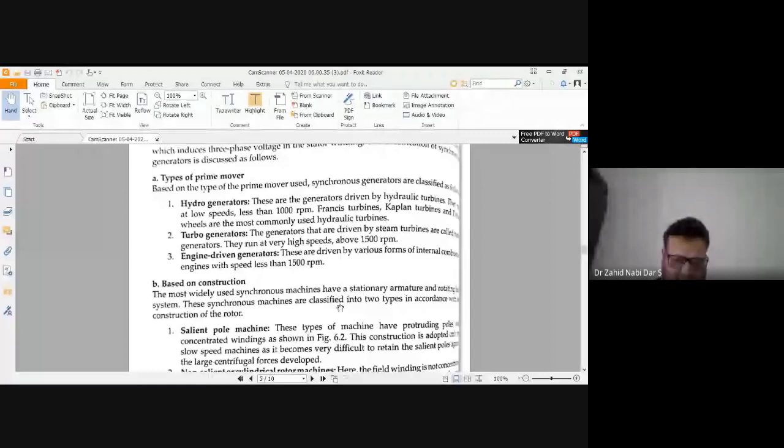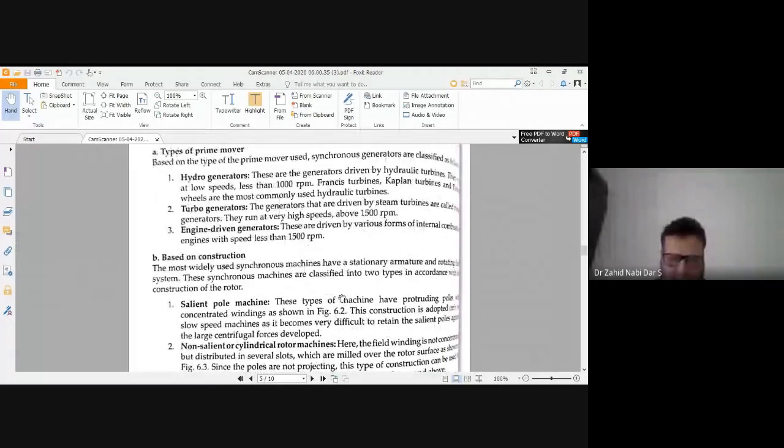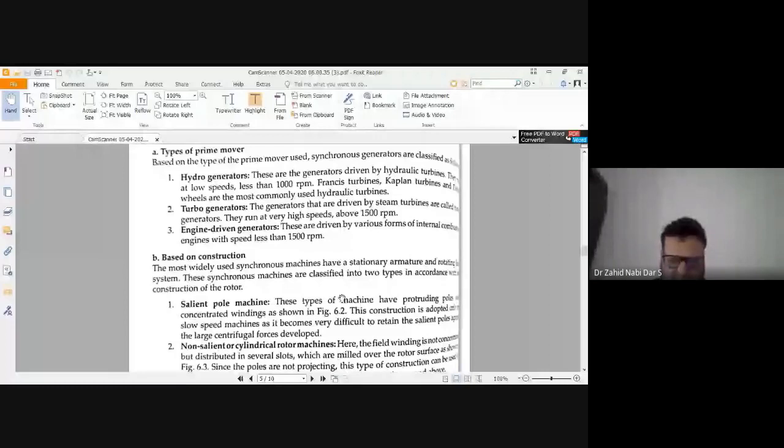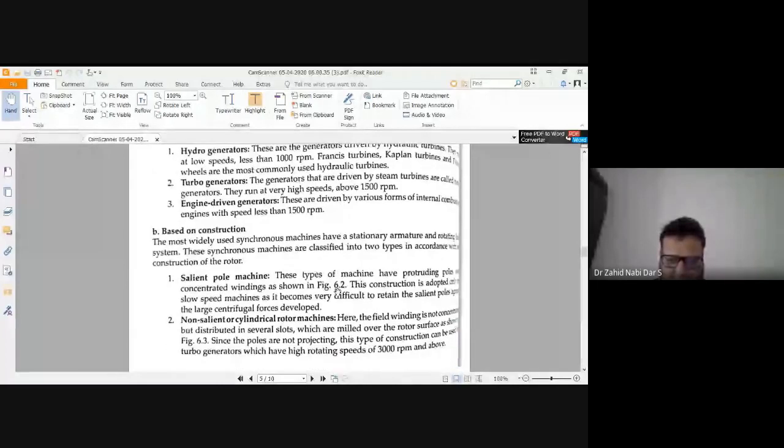So another thing is based upon the type of construction. The most widely used synchronous machines have a stationary armature and a rotating field system. Depending upon the rotor, we can classify them as a salient pole machine or a cylindrical or non-salient pole machine. The salient pole machine has protruding poles